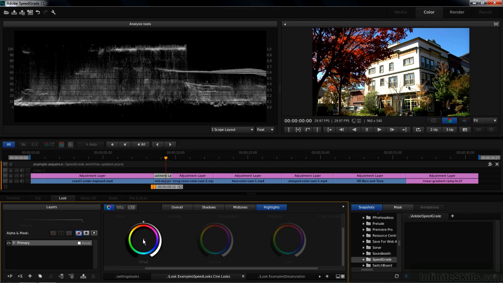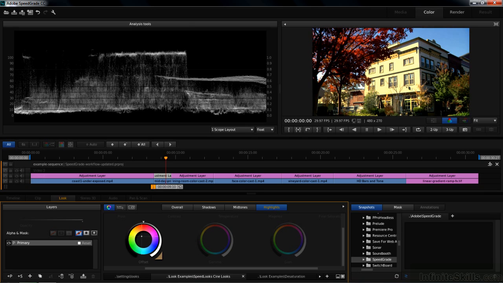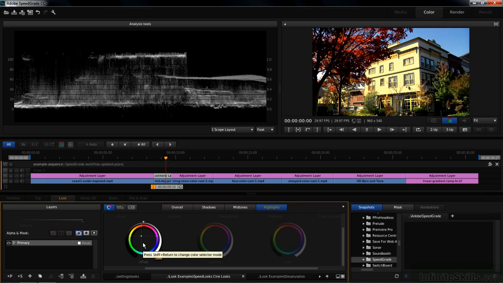So I'm going to go down here, light that up, click on that little center icon there, that little plus, start dragging that toward orange. I want to make it go faster, so I hold on the Shift key, move it toward orange, and notice that the building is changing, not much else. That's because the building is kind of in the darker end of the highlights. Pretty cool, huh? There, we've done that now.